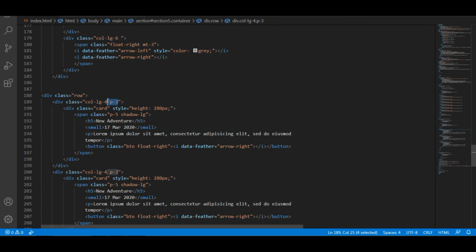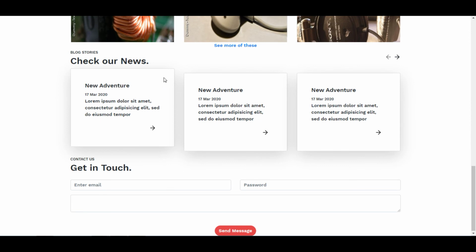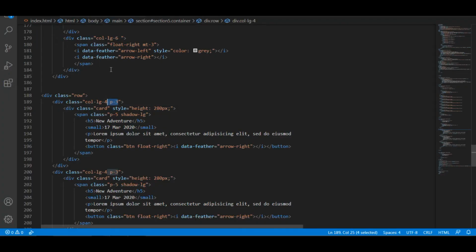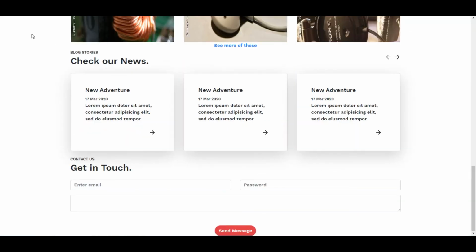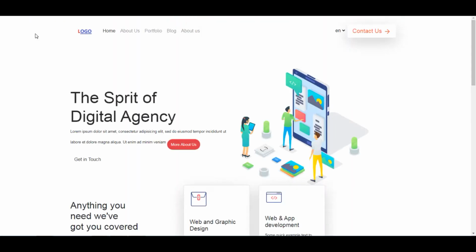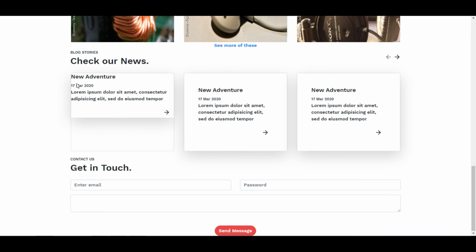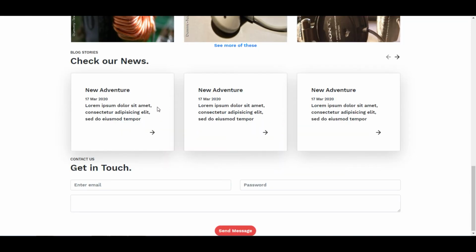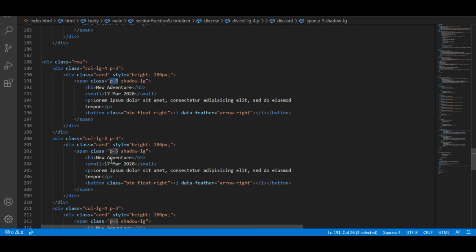I am also giving some padding to the inner portions. Without padding, you can see the content will be somewhat closer to the sections. While giving the padding to the area, you can see a somewhat nicer look. So I am also giving some inner padding to that application. You can see some nice look while applying the padding there.